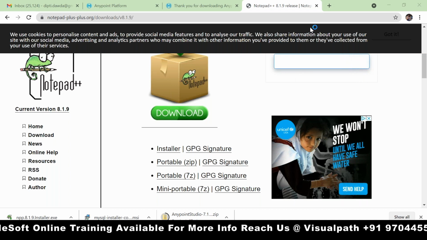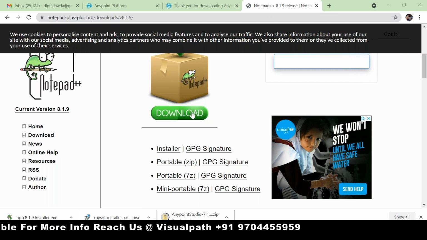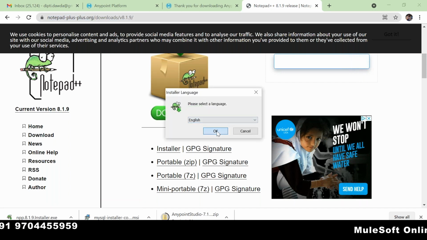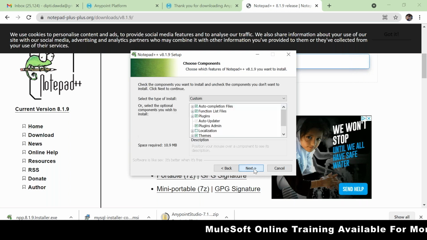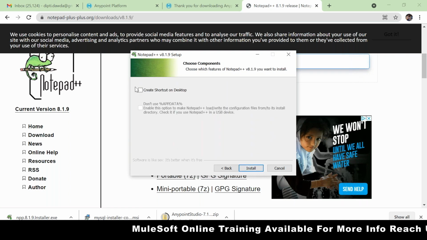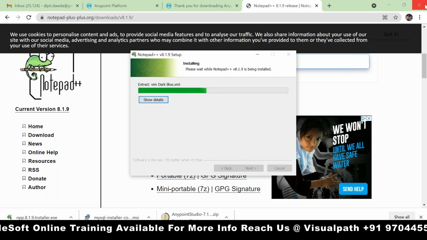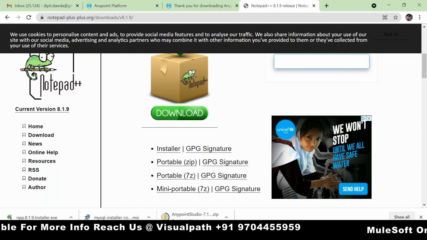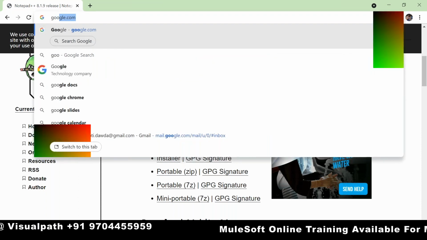And the last and final one you need to install on your machine is WinSCP or FileZilla. You can download anyone.